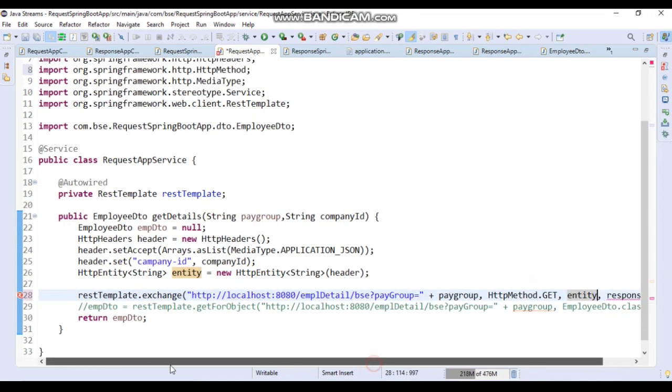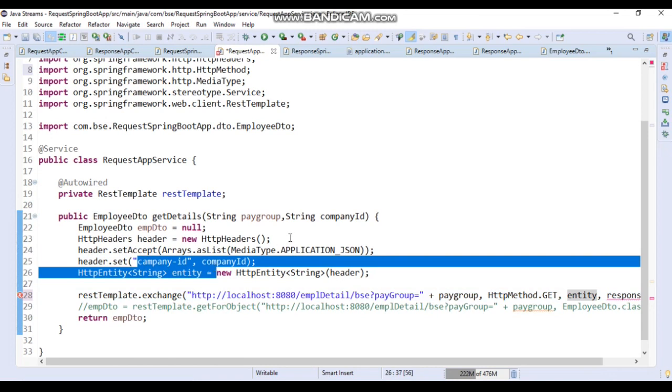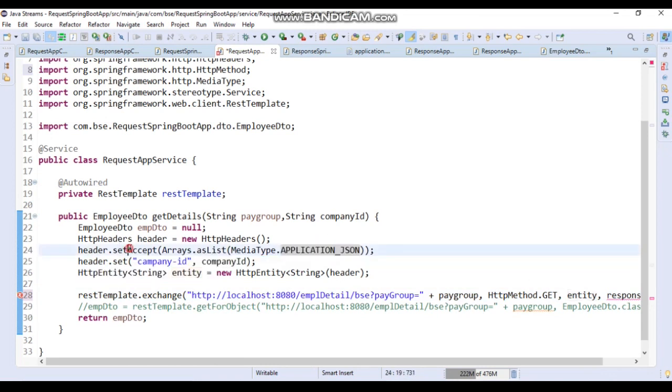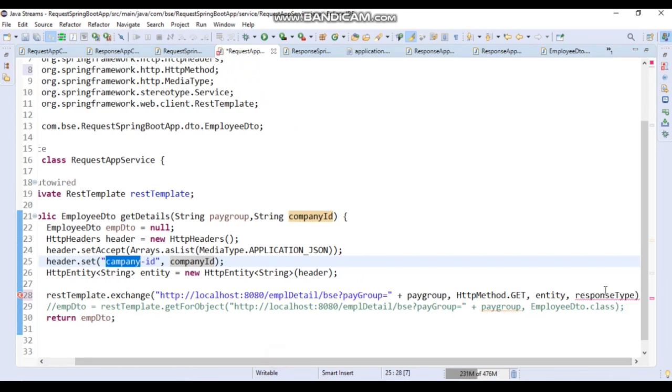So entity means like entity of headers. I have created the object of entity using these headers because we are going to accept these two headers, application slash JSON as accept, and then company ID as the value which is passed. So we need to pass these two headers while hitting the request from Postman or from UI, and the response type will be the employee DTO.class.